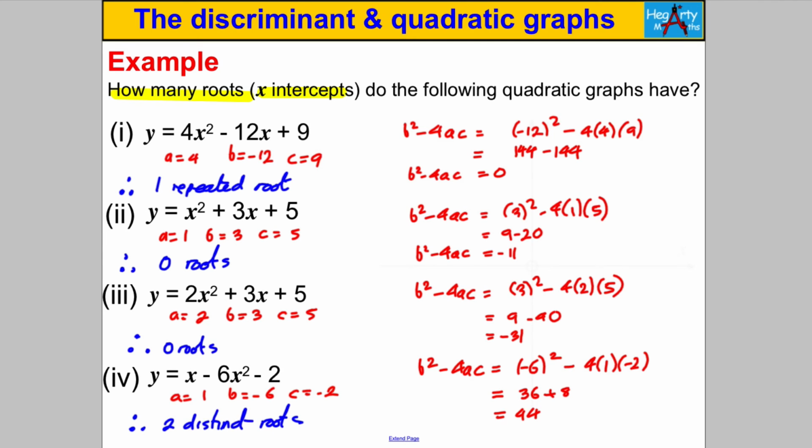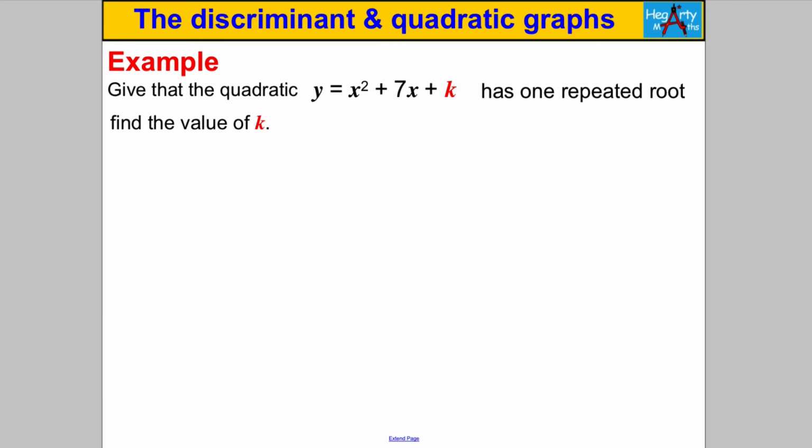Okay? Now that's pretty much it for this particular skill, other than one tiny little problem solving at the end. Let's have a go at this slightly different type of question. Given that the quadratic y equals x squared add 7x add k, so k represents the number usually at the end of the quadratic, we're just not told what its value is, has one repeated root, find the value of